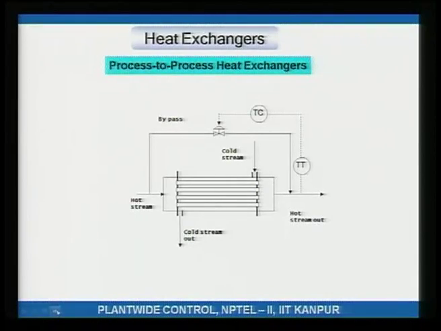So, here is what we have. There is a hot process stream going in, that is this one, and it is flowing through the tubes. Coming out, part of this hot stream is bypassed. Let us say 90% of the hot stream goes through the tubes at base case, and about 10% is bypassed. And there is a cold process stream that comes in, which becomes hot because it takes heat from the hot stream.